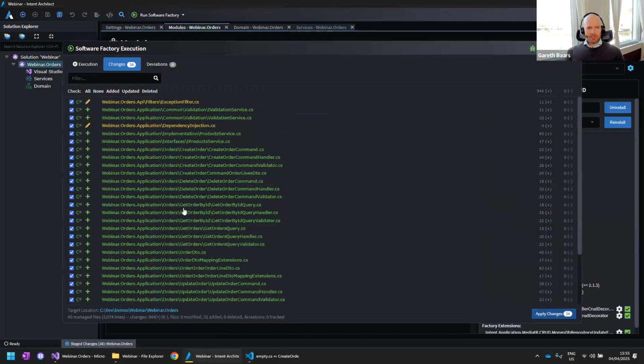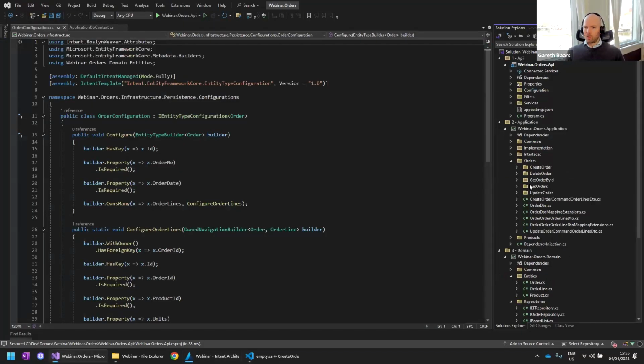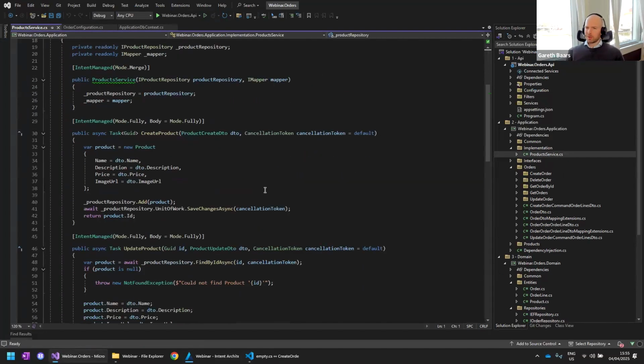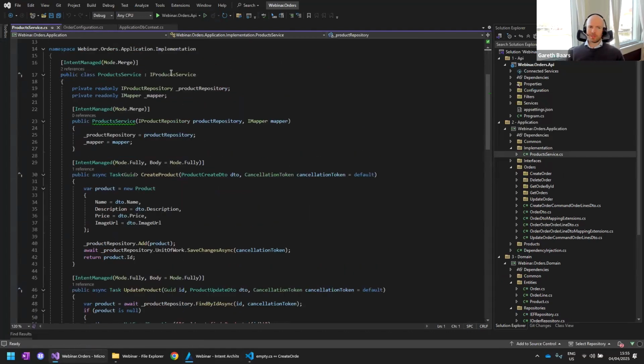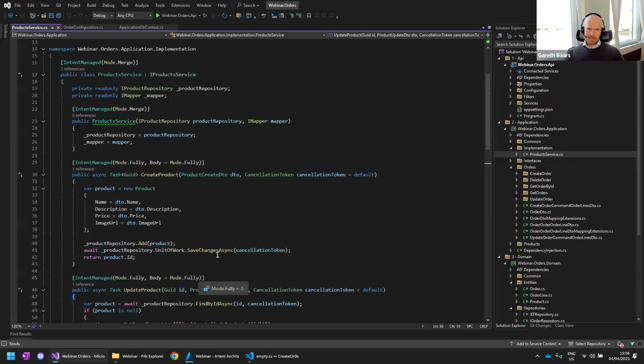All right. If we're happy with all of this code here, like I said, I'm not going to go through all of it. We can go ahead and say apply changes. All of that code is now inside of our code base. So here are our orders. By the way, in here is our product service. For those teams that are not familiar with the mediator pattern, this is the more traditional service approach and design paradigm, where you've got a service which implements a service interface, and you go and implement all of your operations directly within that service as an operation. Both of these approaches have their pros and cons at the end of the day. That's why they're both supported.